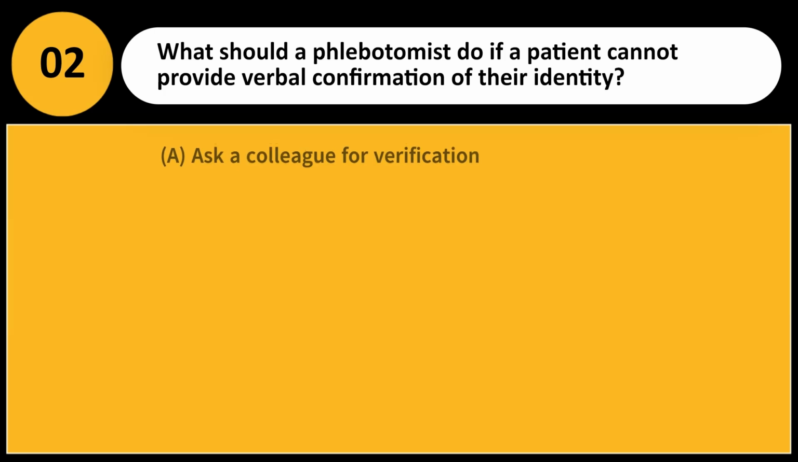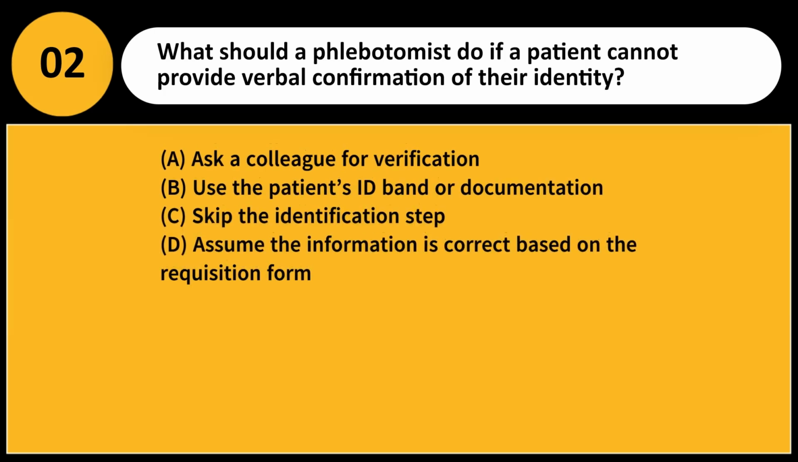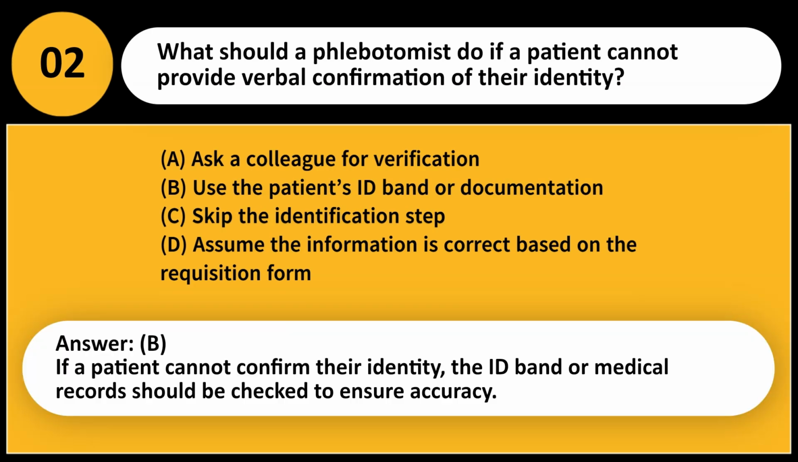What should a phlebotomist do if a patient cannot provide verbal confirmation of their identity? A. Ask a colleague for verification. B. Use the patient's ID band or documentation. C. Skip the identification step. D. Assume the information is correct based on the requisition form. Answer, B. If a patient cannot confirm their identity, the ID band or medical records should be checked to ensure